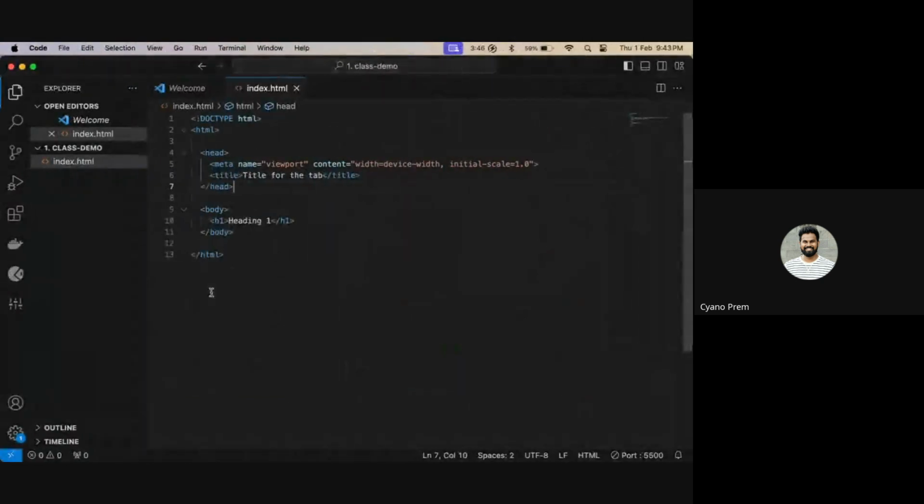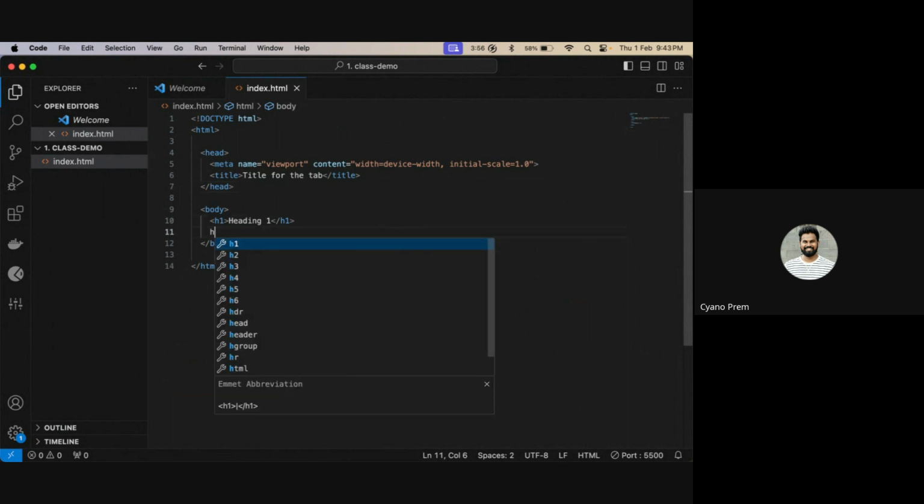Okay, so let me demonstrate whatever we had built. We have the tags here. The h1 tag I've given here. Now I'll demonstrate the h2 tag also. So that is heading 2.